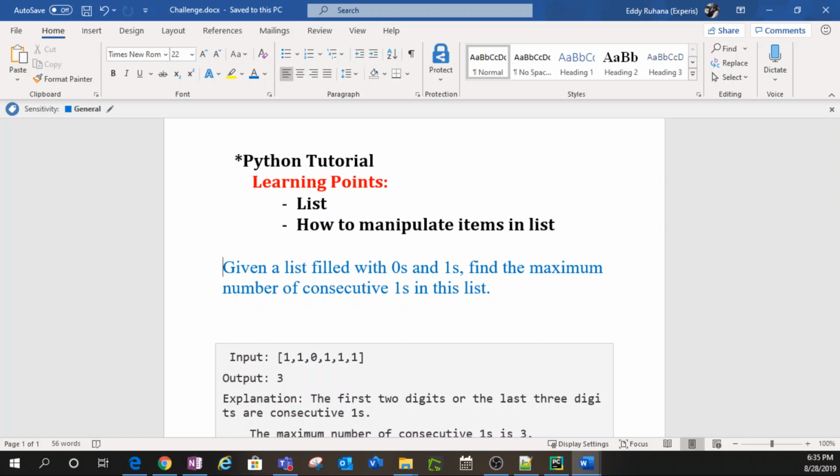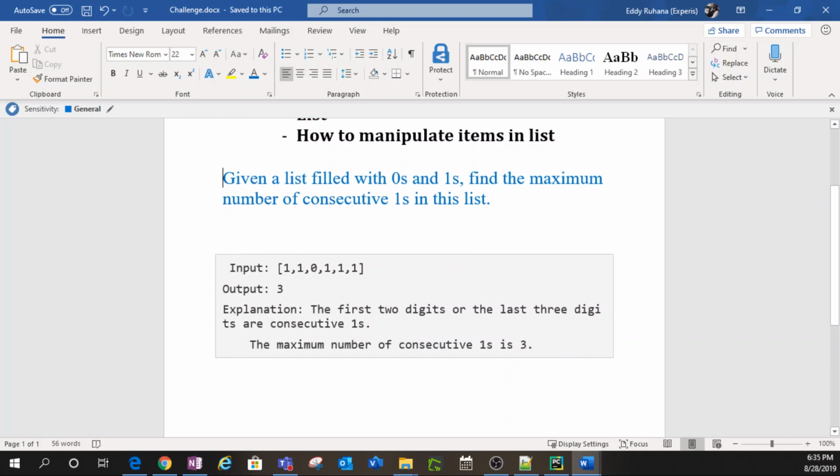Let's start all over. Okay, I'm going to read the challenge. Given a list filled with zeros and ones, find the maximum number of consecutive ones in this list. Here I am showing a pretty good example. If your list is this input here,